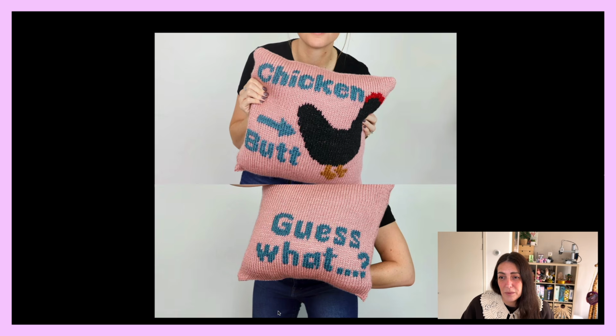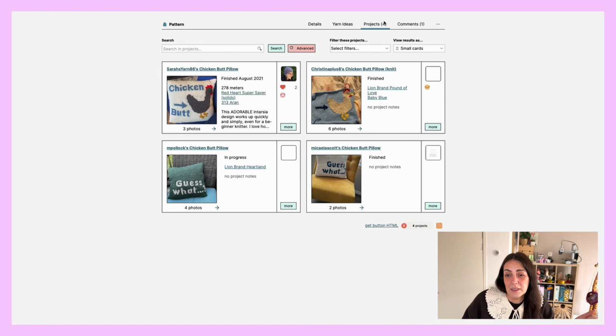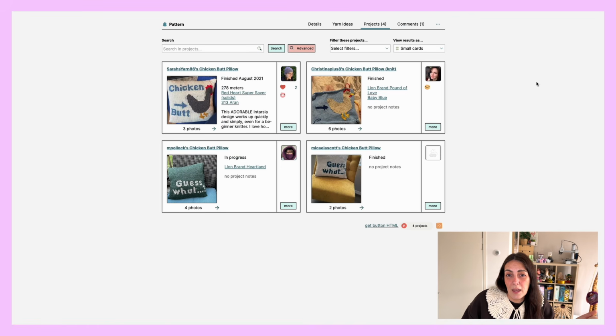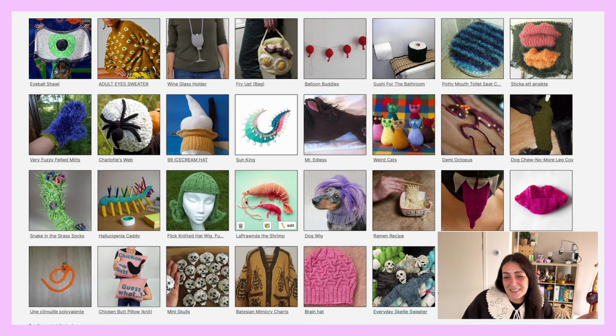Guess what? Chicken butt. Yeah, this is something you would say to a 10-year-old, I guess, if they're asking a silly question. But you could also make it into a pillow. It's got 4 projects on Ravelry, so it's not super popular. I don't think I would make this, but